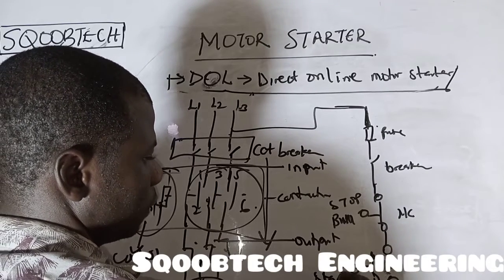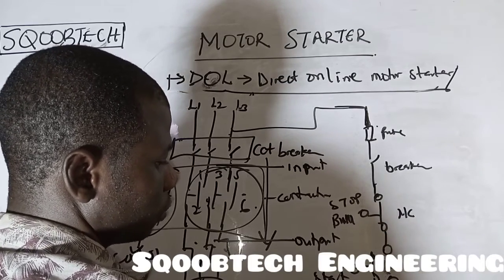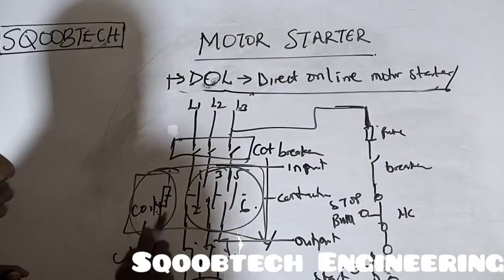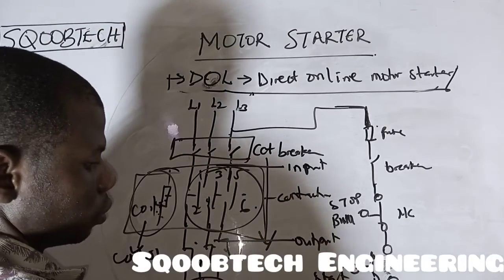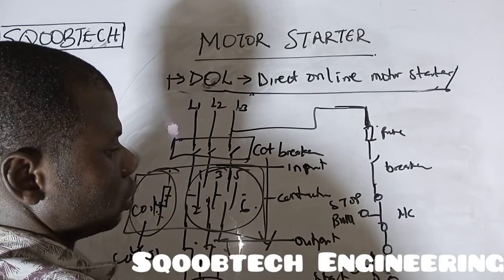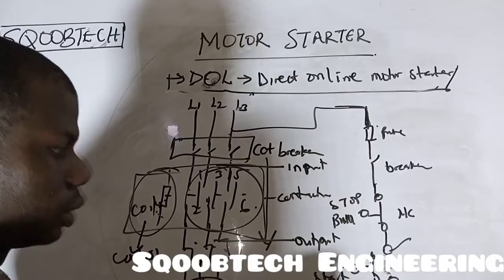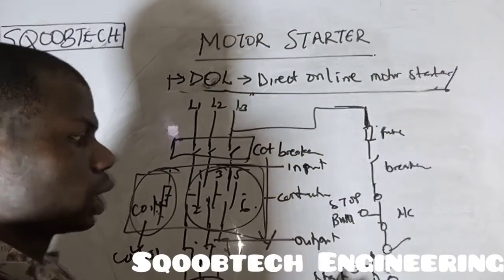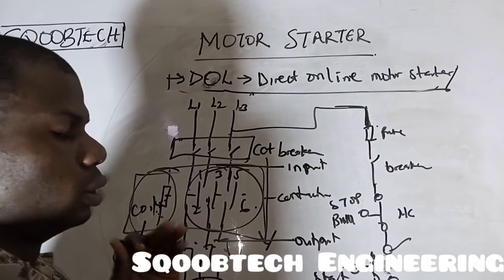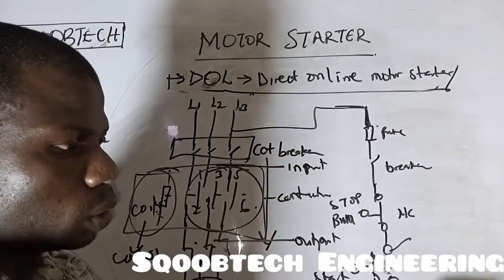This is the start button, which is normally open. Before it comes to this coil here, this is now A2, so you have this as your neutral. This will be your 220 volts, which is your A1. And at this stage, if you press this switch, immediately you release your hand, the motor will stop. As you are pressing the switch, you are making the contactor